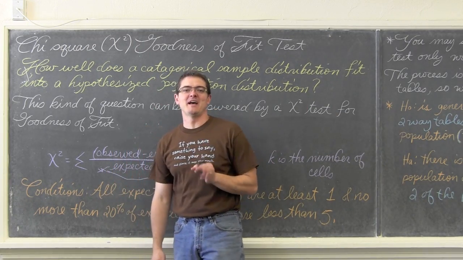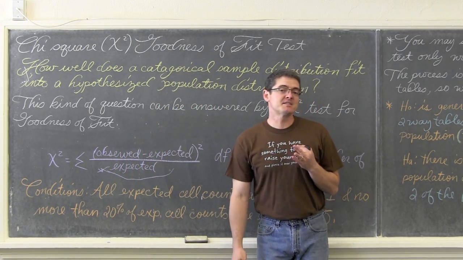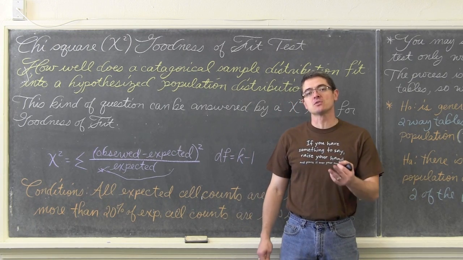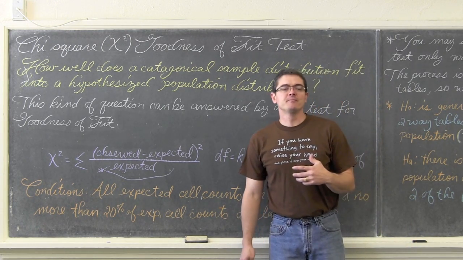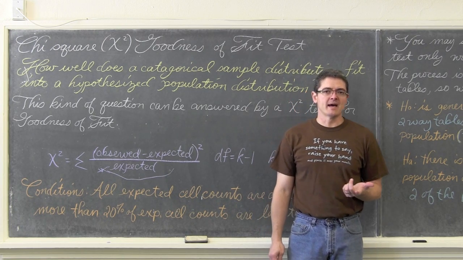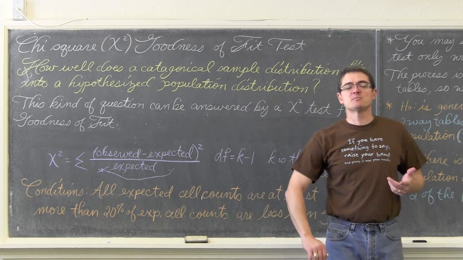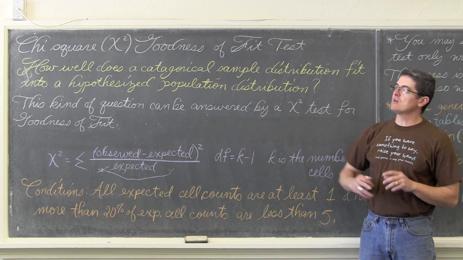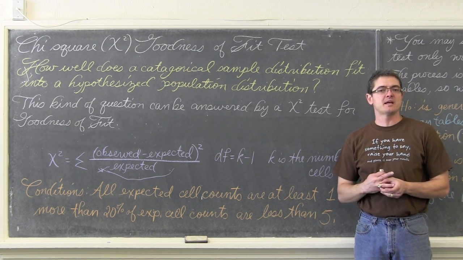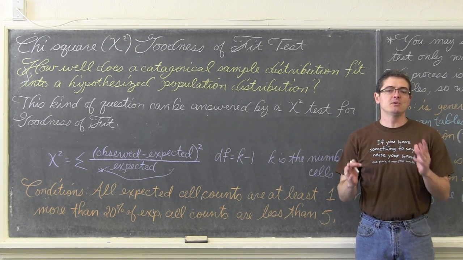In this video and the next, we're going to learn about a test that we can apply to categorical data. This will be the first time in Intro to Statistics that we've not worked with categorical data. We've talked about conditional probabilities before and looked at two-way tables, but the chi-square test is going to be our first test that we can apply to that type of data.